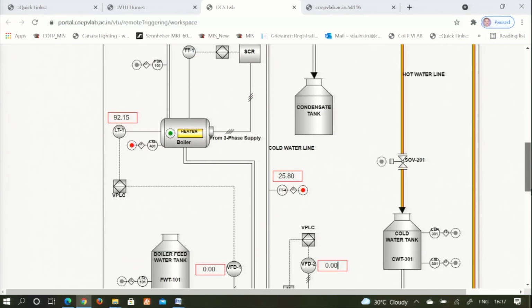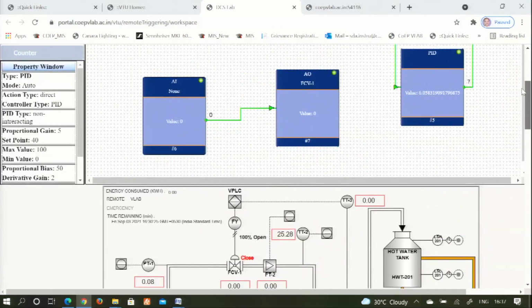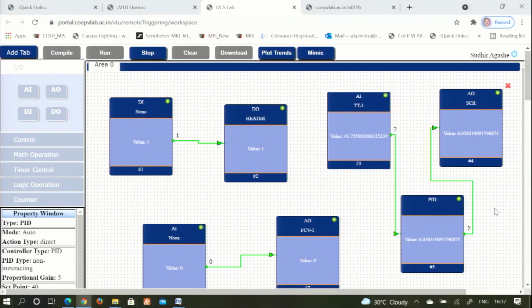Whenever the plant is running, whichever action is being taken by the student, every action and every parameter of this mimic, like level, temperature, pressure, flow, firing angle, running speed of the pump, all actions, all parameters are being logged at the back end in the data server available for the remote triggered lab every 500 milliseconds. Every 500 milliseconds, we make sure that the data is being stored and the file would be generated when you